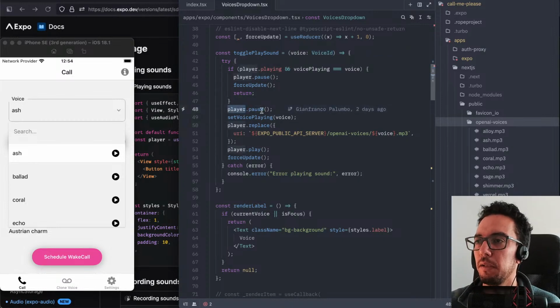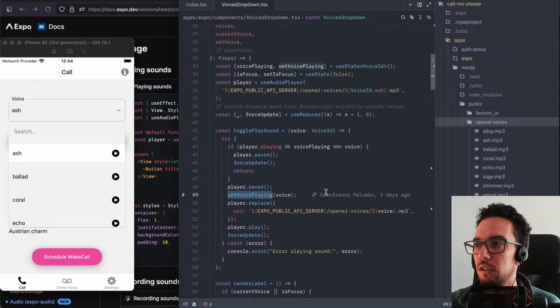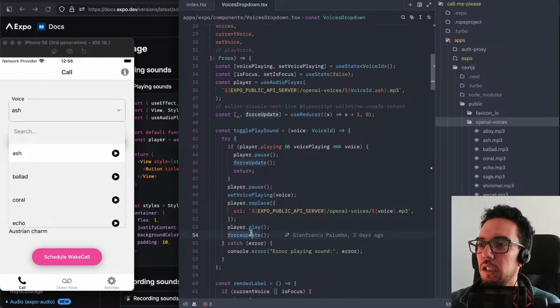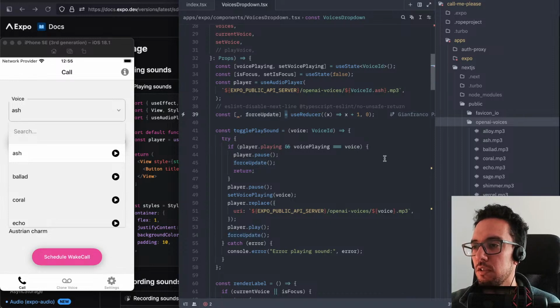If it's already playing, I pause the audio playback. I set the voice playing just so I can keep track of what the user pressed on. I need to use this function called replace to replace the audio source. Then you press play. I am using this force update to force the UI to re-render, because sometimes